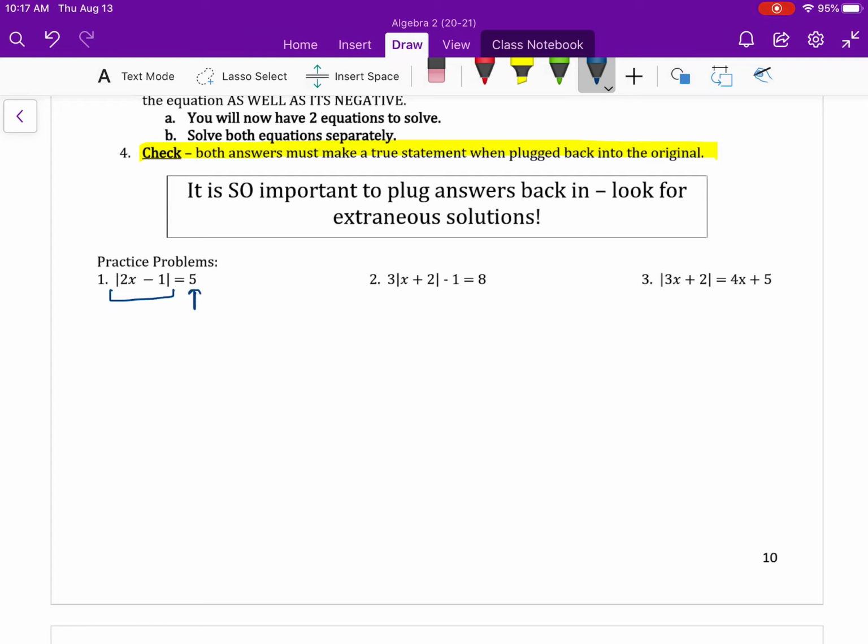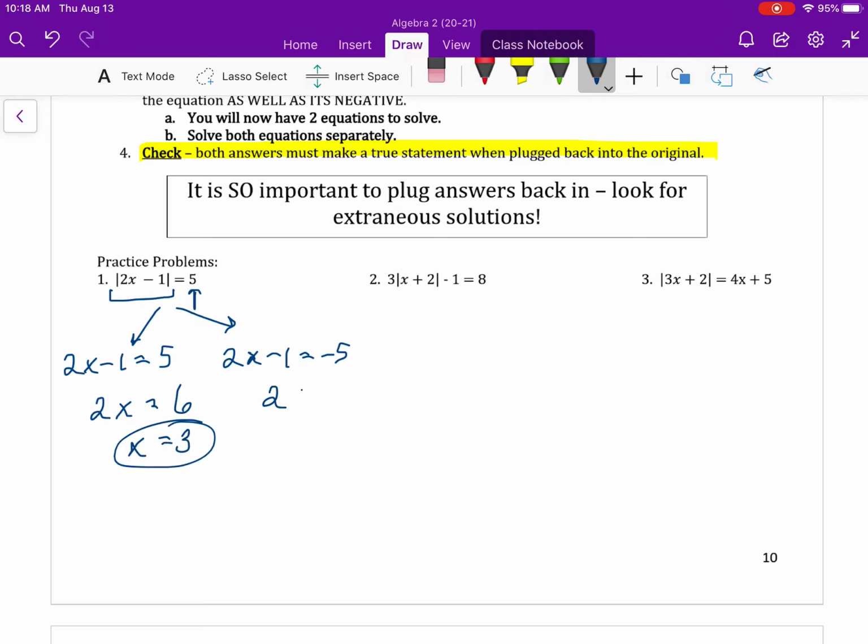In this case, it is. I check to make sure that it doesn't equal a negative number, right? Which is good here. And then I split into two cases. So I can say, hey, 2x minus 1 could equal 5, or 2x minus 1 could equal negative 5, right? Because negative 5 is also 5 away from 0. And all we have to do is solve: add 1, we get 6. x equals 3. Add 1,